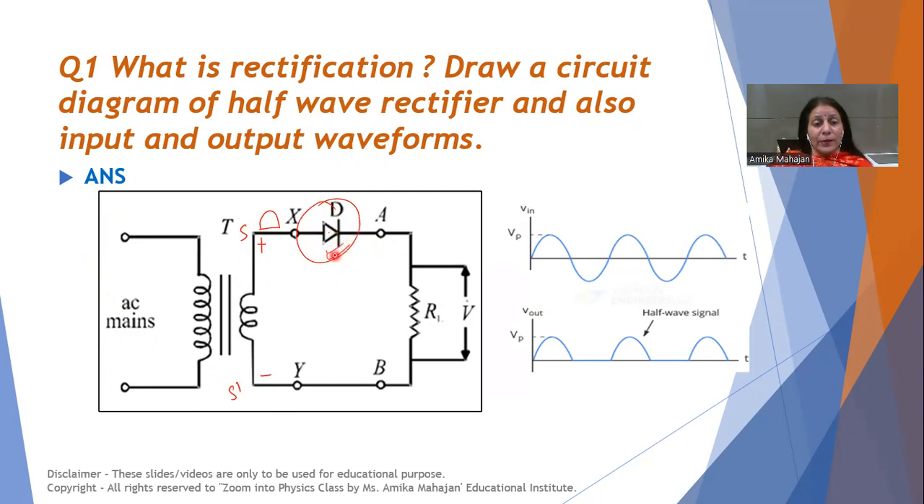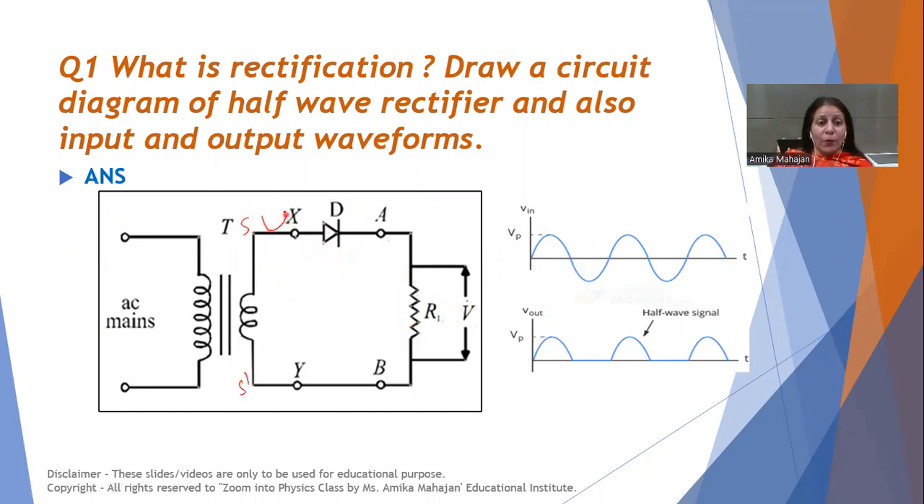So this diode conducts when forward biased. So output is there because it conducts and current flows through this resistance. And output is obtained across this resistance. That means when positive cycle is there, we get output. So we get waveform. But when we apply negative cycle